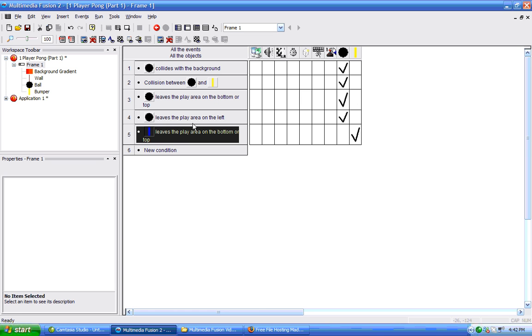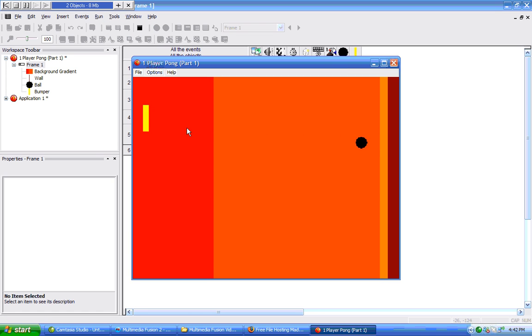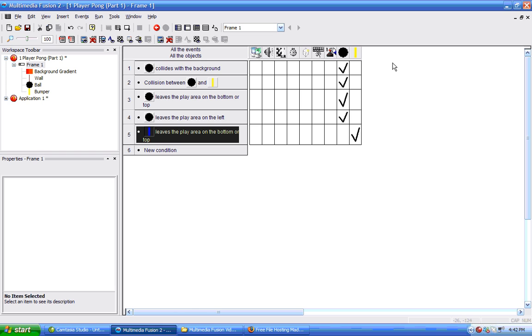If it leaves the play area on the left, then we'll have to reset it because the player lost the game. And then if the bumper leaves the play area on the top or bottom, then we want it to stop. So let's test our application one more time. Okay, so now we see that the bumper, if we try to move it to the bottom, then it will stop. That's all for our